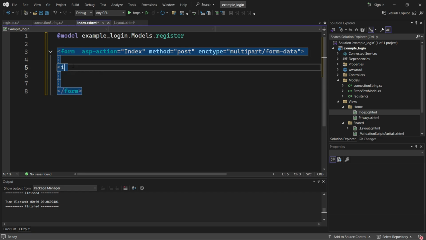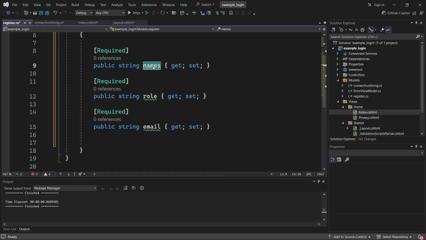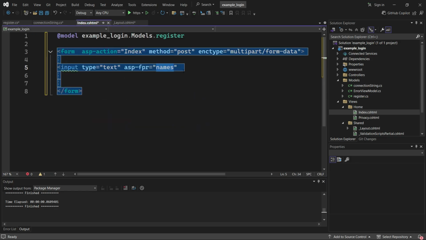And then now the first input that we are going to have will be for the names. The type of the input we want will be a text one. And then for the asp-for, which is for the binding, that will be for names, this one that we want. So make sure that whatever you call to bind here is based on the property. So this is a property, and the property is from Register. So if I call something else which is not names and it's not found here, it will give me an error. What I'm talking about, something like this, I'll just put name, and then